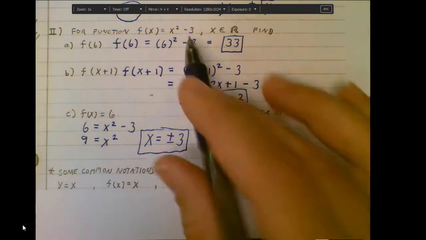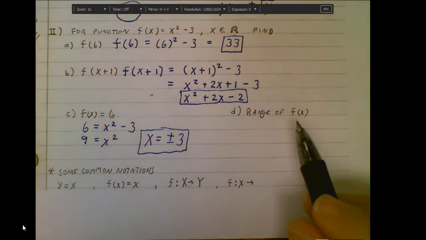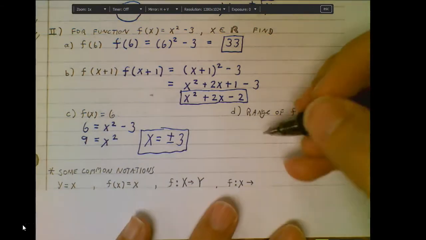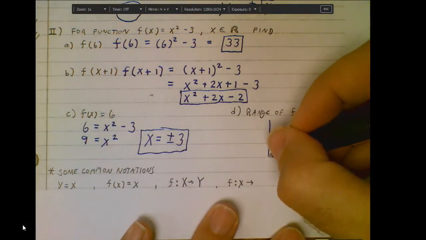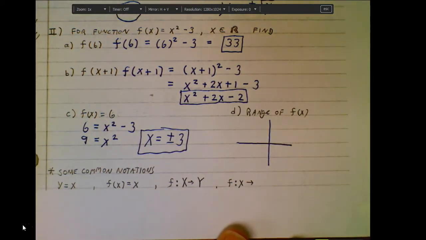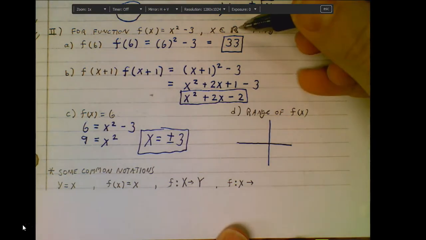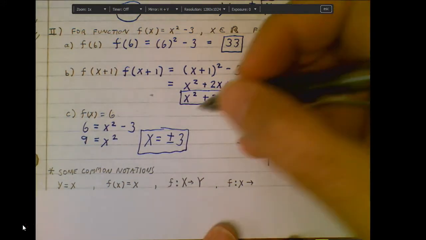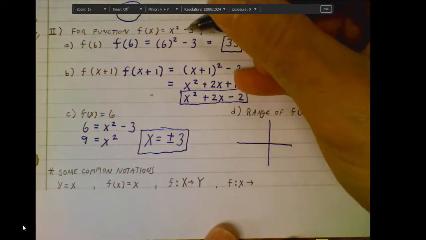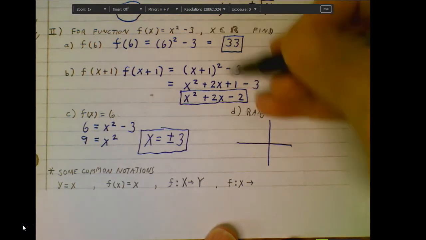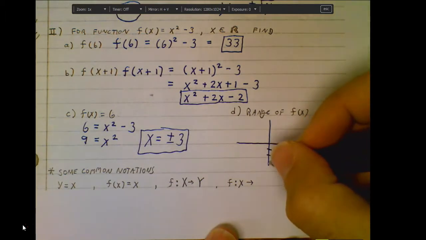What about the range of this function? Here's something we dealt with in our first lesson when we did domain and range of functions. So an easy way to look at this, because we know we're going to deal with inequalities here. We know the domain was already established for us. The x's are all real numbers, so that was our domain. As far as the range, if you looked at the graph on this, we know that this is a parabola that has been shifted down 3 units. And so if I shift that down to -3,